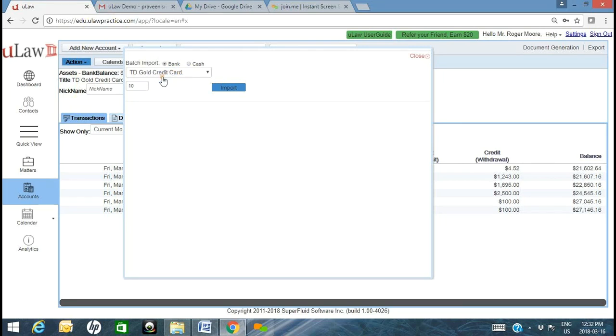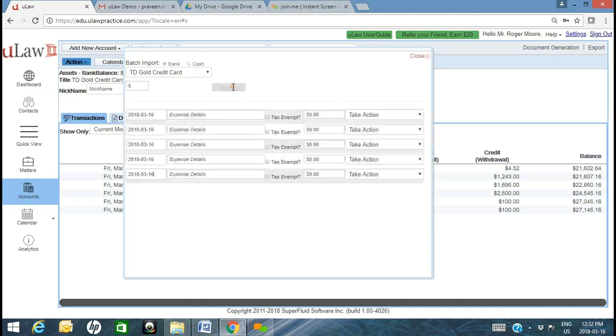So we're going to ask, all right, if you have that shoebox, how many transactions are in that box? So maybe it's 5 or 10. Let's say it's 5. You're going to go ahead and say, all right, I want to do a batch import. And this goes using the typical tab interface. Same information. So you could change the date. You can say on the 13th, I had